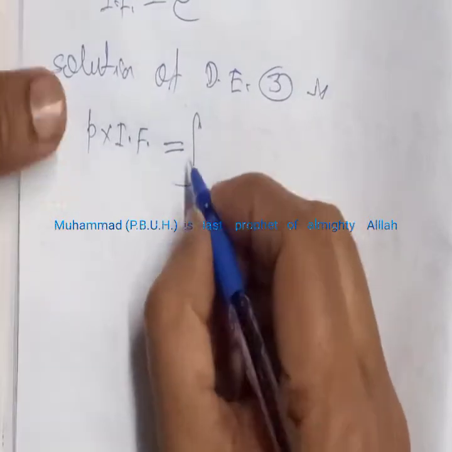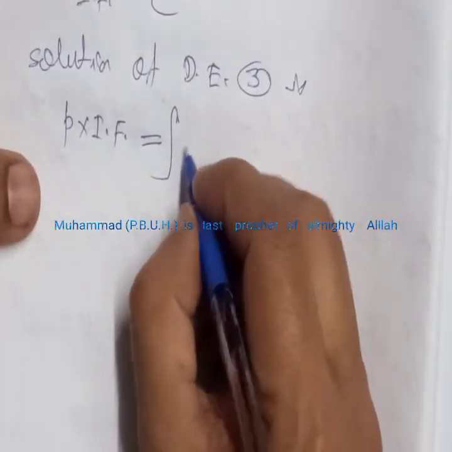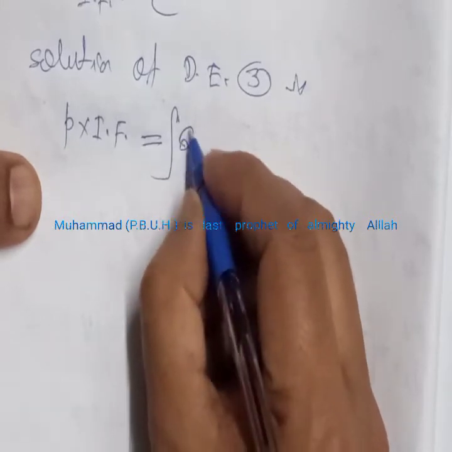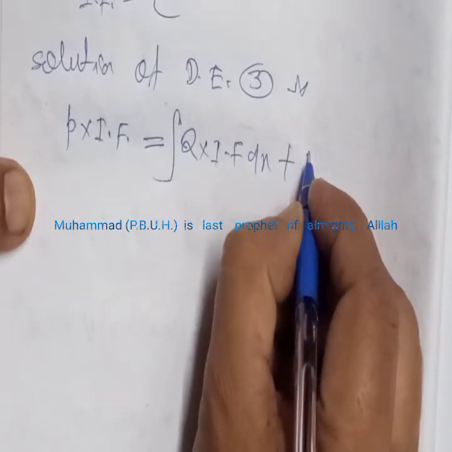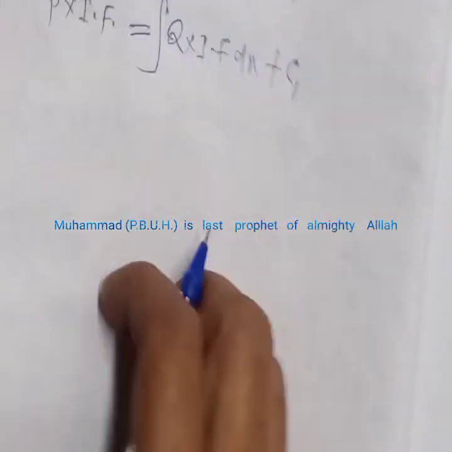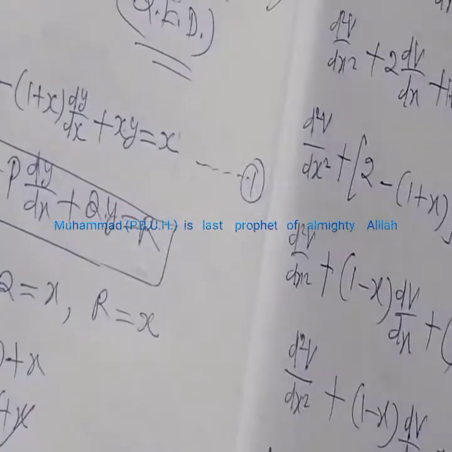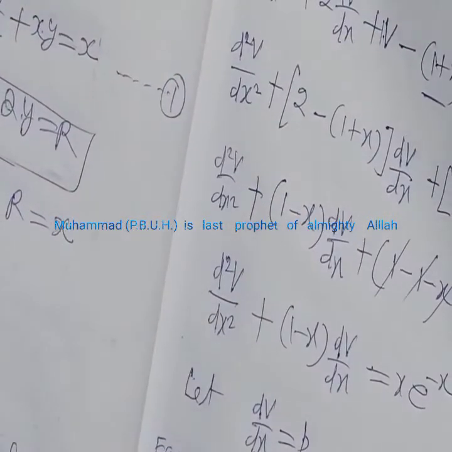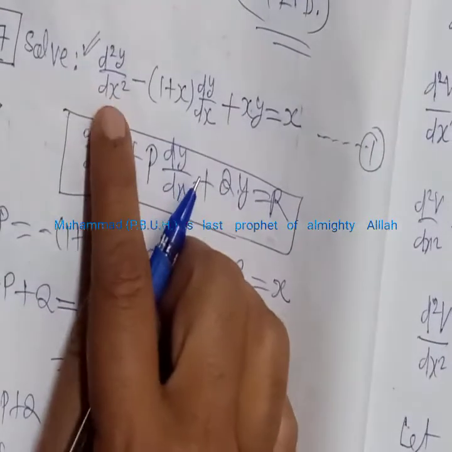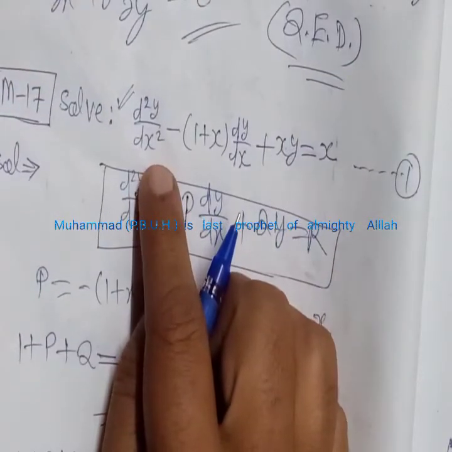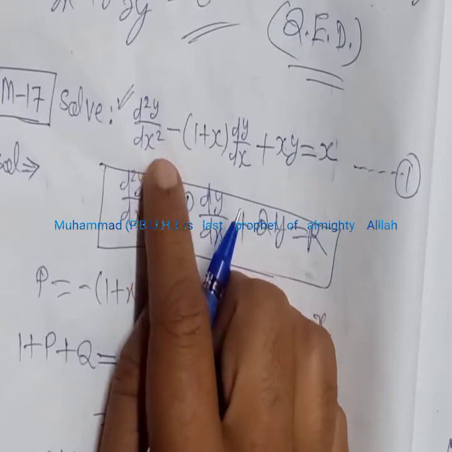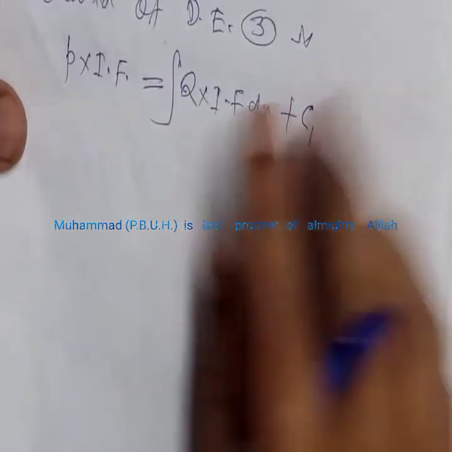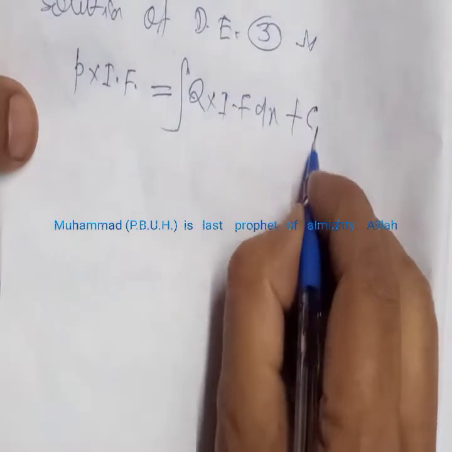So you can see that formula, and according to that formula it is q into integrating factor dx plus constant of integration, which is here c1, because this differential equation is a second order differential equation, and on solving we get 2 arbitrary constants, because we have to find the general solution of the given equation. So the first constant is c1,